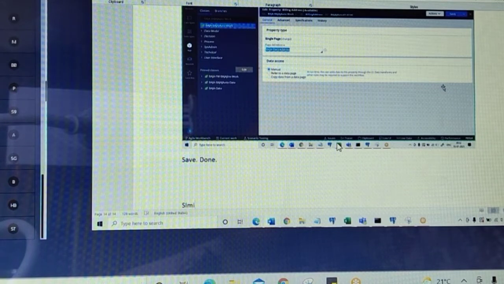I changed my network connection. Let me know if you are facing the same issue, because anyhow, creation of page properties and all, you know. There is nothing you are missing here.